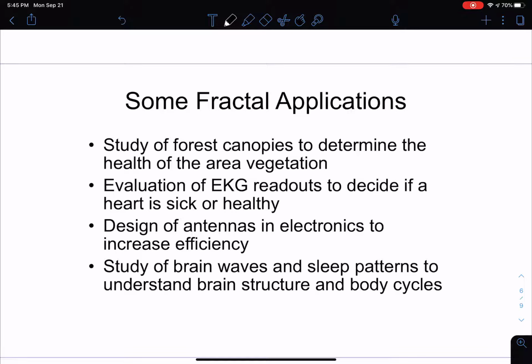My graduate thesis advisor had worked with some middle school kids who were able to take EKG readouts, and they were able to apply some basic fractal techniques to help decide if a heart is sick or healthy using the EKG readouts. If you do watch the movie Fractals, The Colors of Infinity,